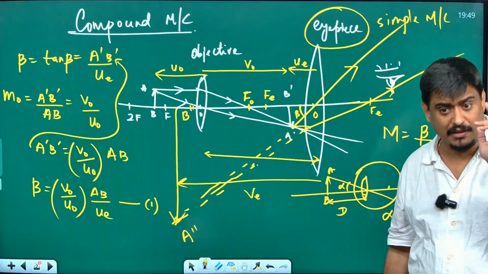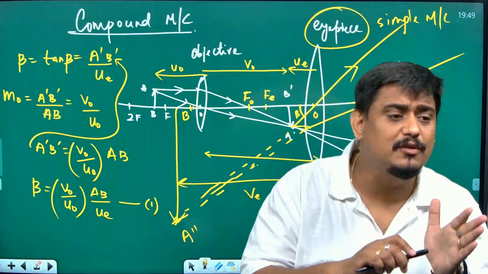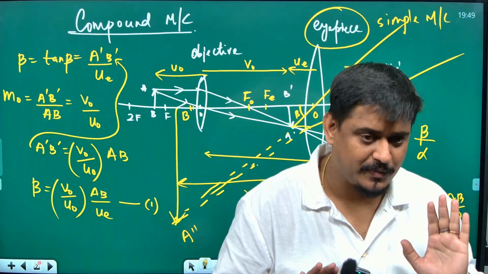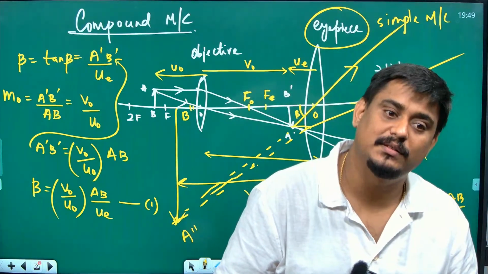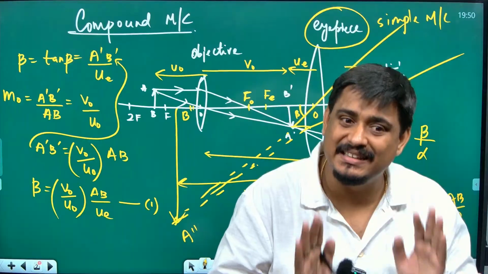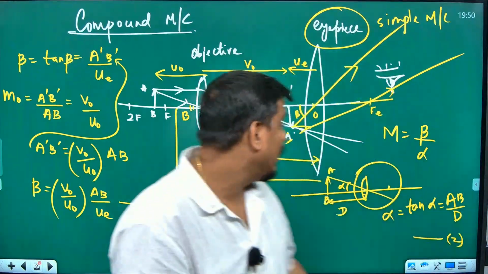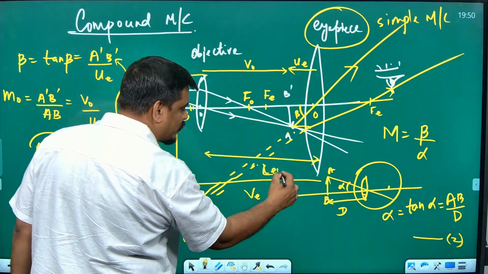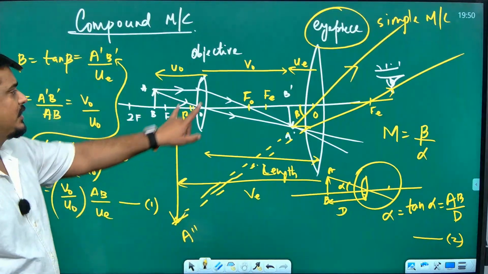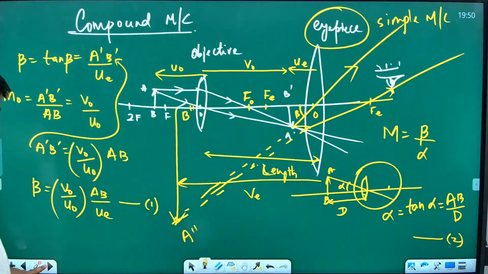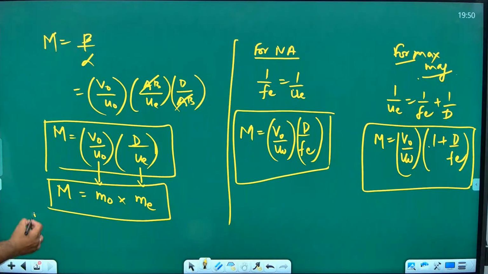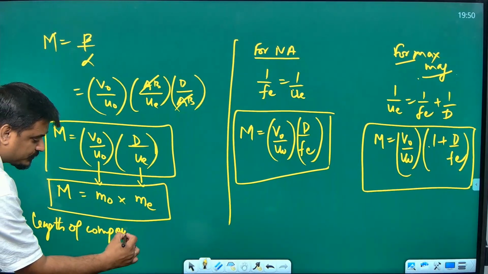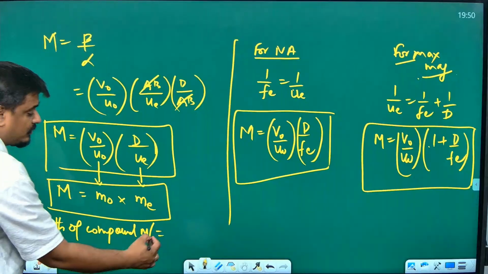One thing very important I'm saying here, pay attention. In the exam, if they use the word tube length, it is not length. It is something else. I'll talk about that today. Length is different from tube length. I am talking only about length now, not tube length. So length of microscope, which I'm writing as L here. This length of microscope will be what plus what? VO plus UE. Simple. So the length of compound microscope will become VO